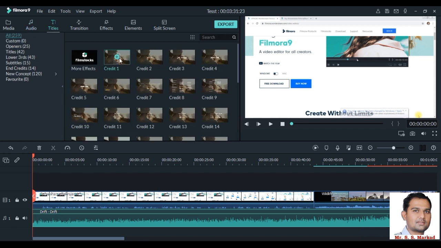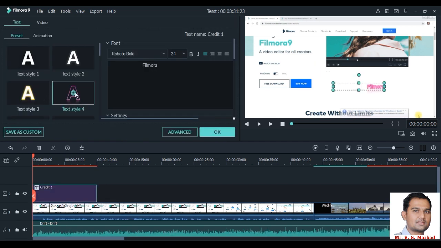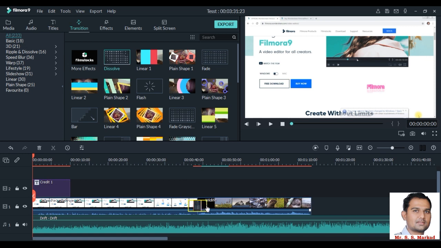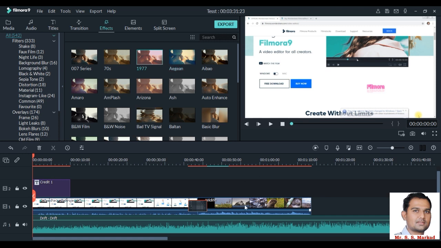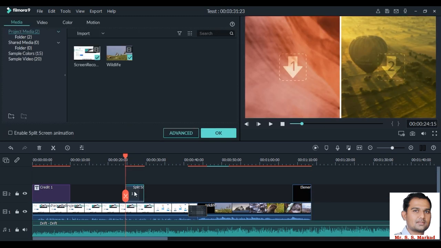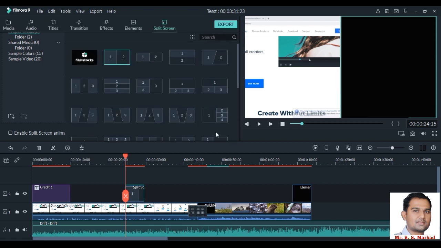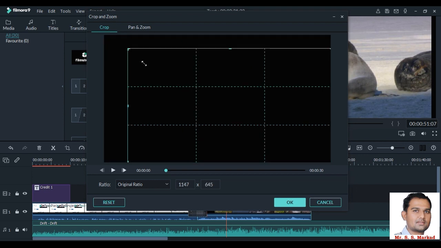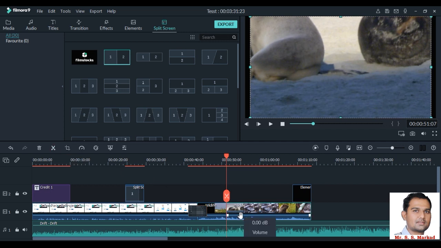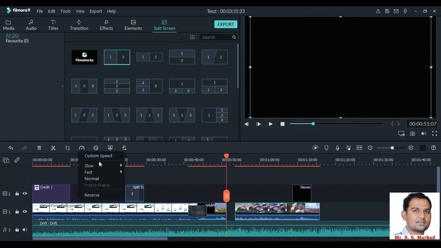then titles can be added, addition of transition has been added, then addition of effect, any effect can be added, then addition of the element or some element, let this one over here, addition of split screen, addition of videos to the split screen, okay, cropping of a video, splitting of the video,